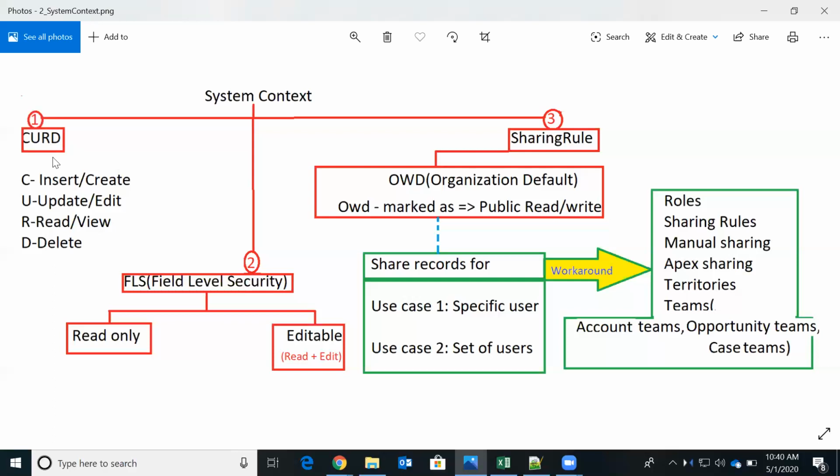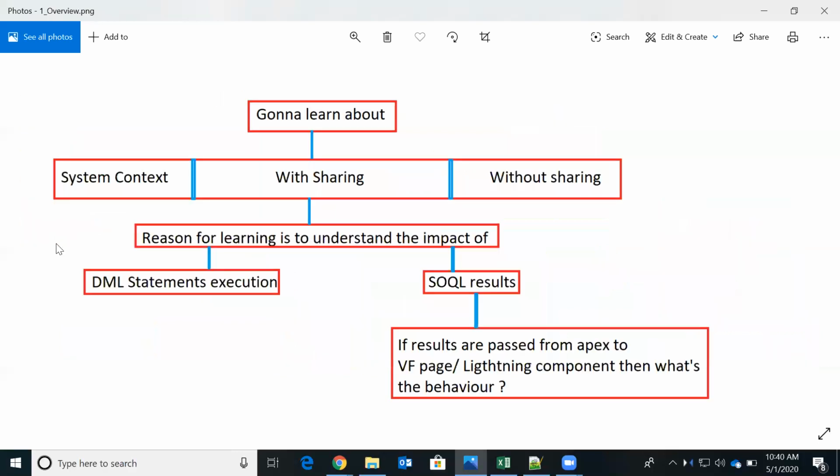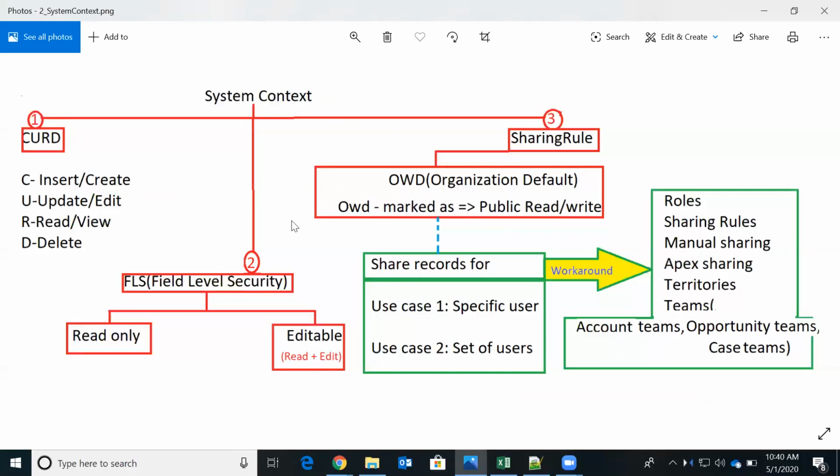Even though at the profile level the read, create, update, delete permissions are not enabled, when an Apex class is executing in system context, then with that particular user login, we are able to perform all these DML operations without any issue from the Apex class.